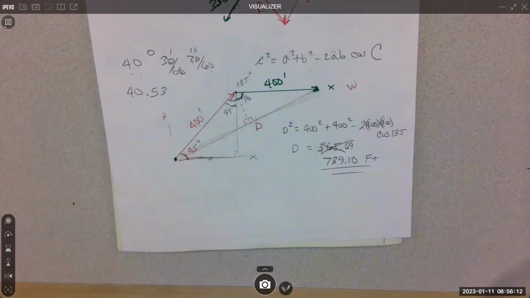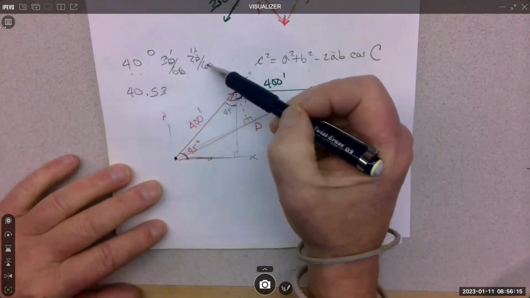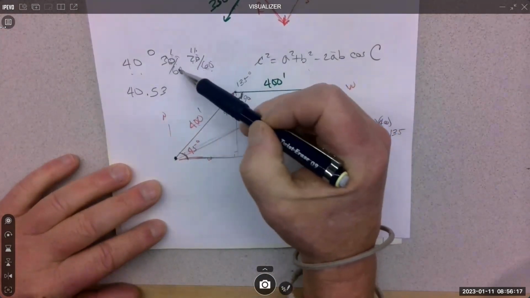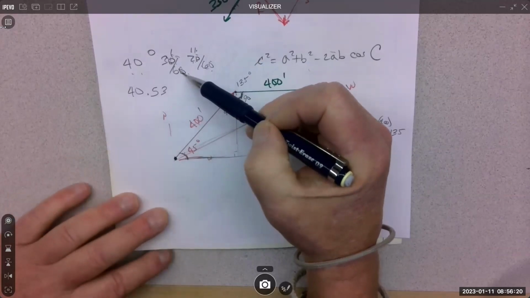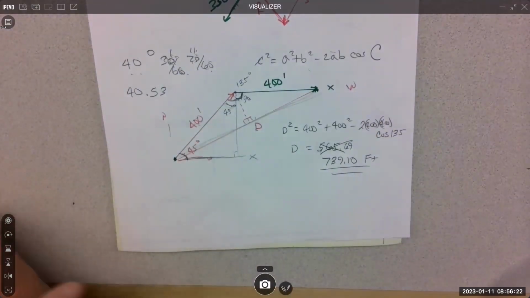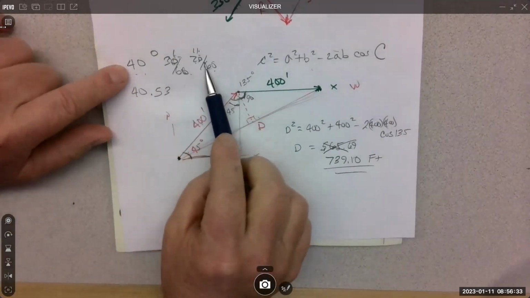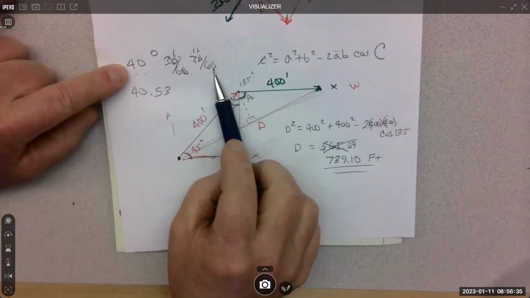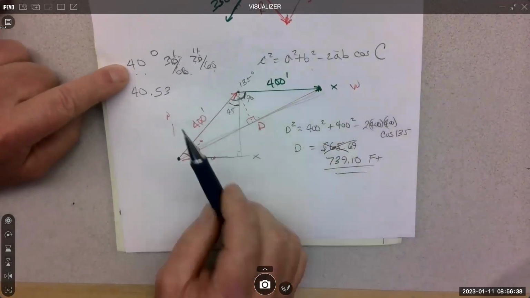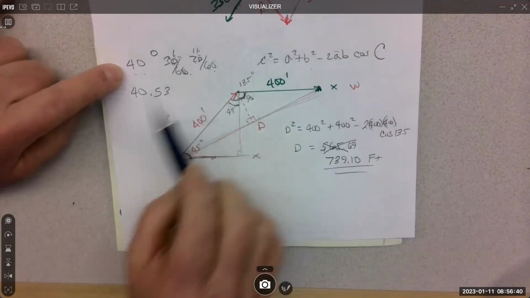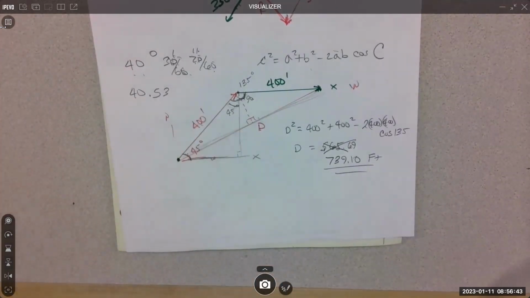Okay. So the way you get from seconds to the decimal equivalent is the same way you get from minutes to the decimal equivalent. They're just portions of 60. So it's like the 60 scale instead of the 10 scale, but that's kind of weird because we're used to the 10 scale, right? But to get from 40, 30, 20, we take the 20 divided by 60. That gives us the seconds decimal part, and then the 30 into the 60. A little weird, but you're going to need to know that because one of your homework problems gives you this kind of a problem,